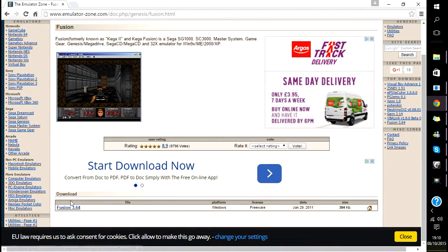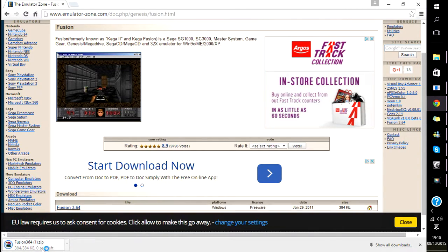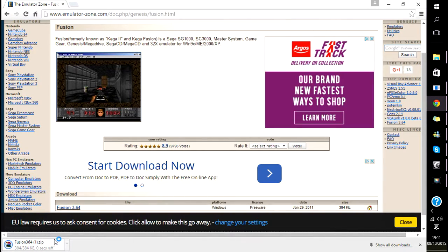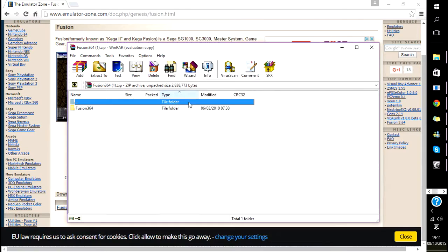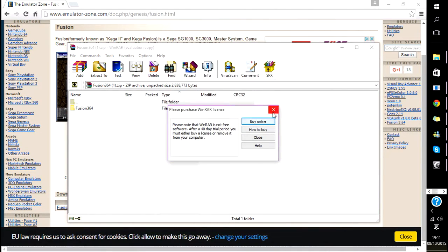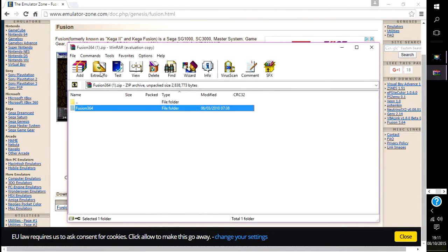So you just download it. You will need WinZip or WinRAR. Most people on this planet should have that, so you should be fine. So you just wait for it to download, and then you click on it, and then you click it and then press extract